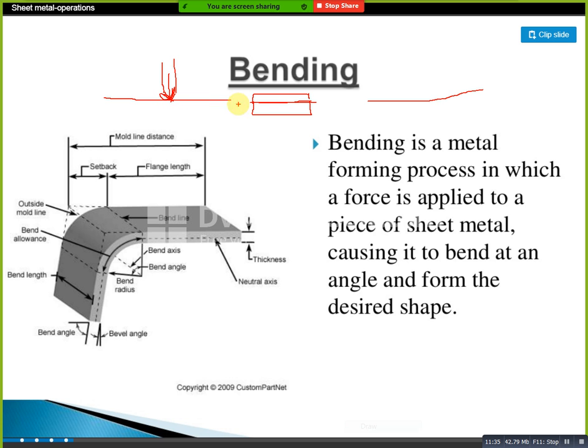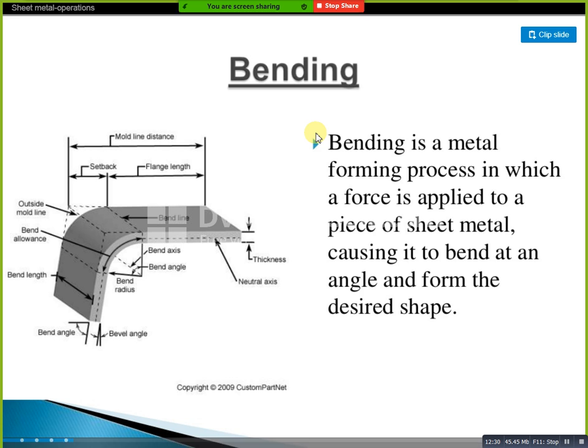These are the bend elements we consider, and how much thickness there is. Based on that we need to create our punch. We have different types of materials for punching purposes. We have N31, but mostly we use HCR material, for high carbon. HCR we use for that. Just observe this.